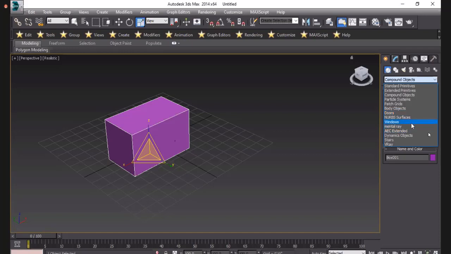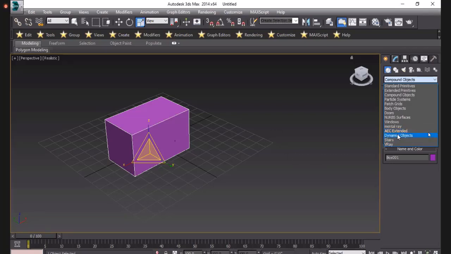Then we have Windows and V-Ray, which can be used for rendering purposes. And there is one option, the AEC extended, which is used for our ready-made trees. Okay, you have the ready-made trees in 3ds Max.